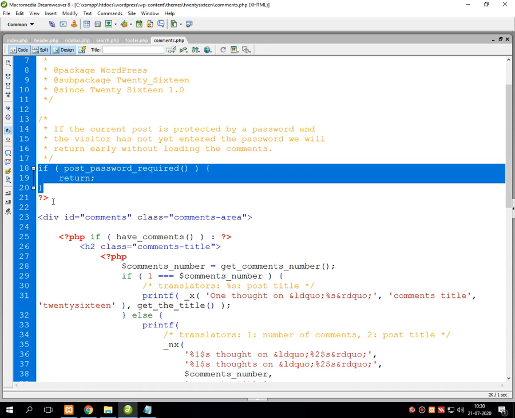It might be possible that they create a post with a password and share the same password with a number of clients. That client first has to enter that particular password, and after that they can give their valuable comments for that particular post. So this selected line of code is for the same.